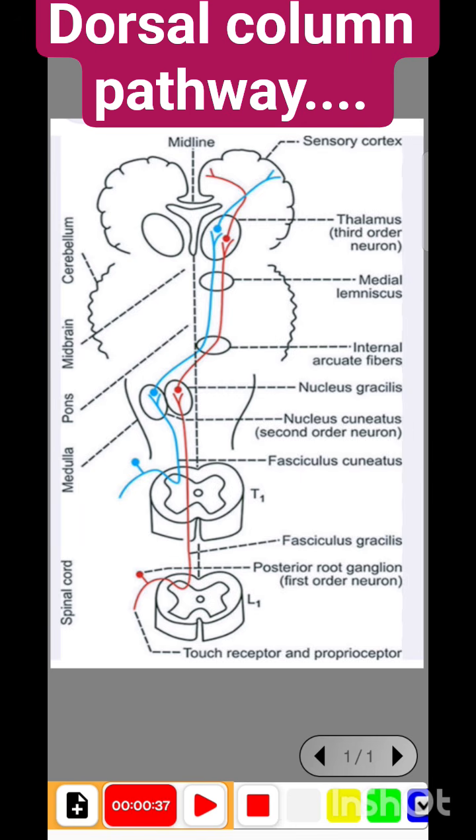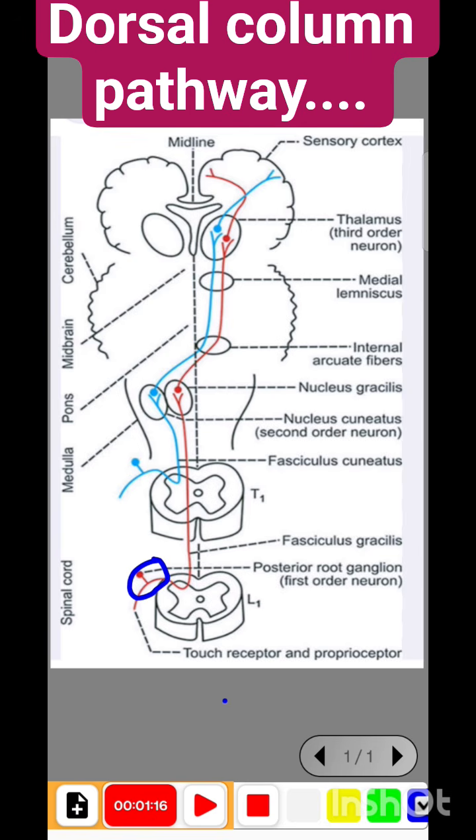So this modality of sensation is carried by the dorsal column pathway, and this is one of the fastest conducting tracts. This pathway starts from the receptors required for all these sensations I have mentioned, like Pacinian corpuscle, Meissner's corpuscle, Merkel's disc, Golgi tendon, and muscle spindle. The first order neuron arises from these receptors, and this first order neuron has its